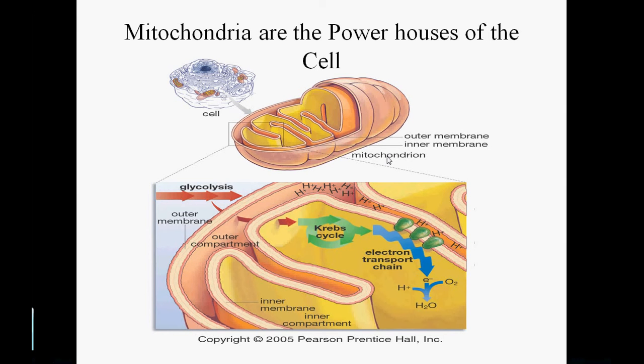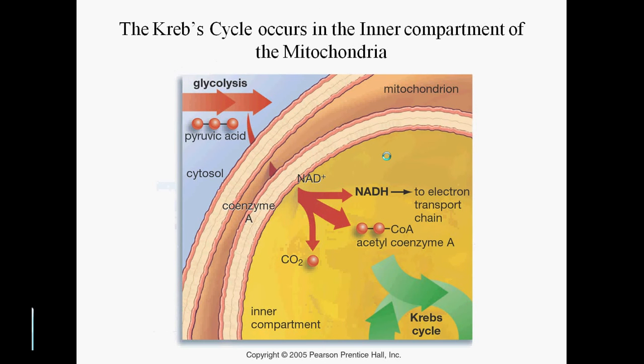Alright, now if you review your chapter on the cell and the functions of the organelles, you'll remember that the mitochondria we called the powerhouses of the cell. Well, the reason why we consider the mitochondria the powerhouses of the cell is because 2 of the 3 steps of cellular respiration, which is how we get our energy, of course, occur in the mitochondria. So first, of course, the first step is glycolysis, and we know that that occurs in the cytosol,